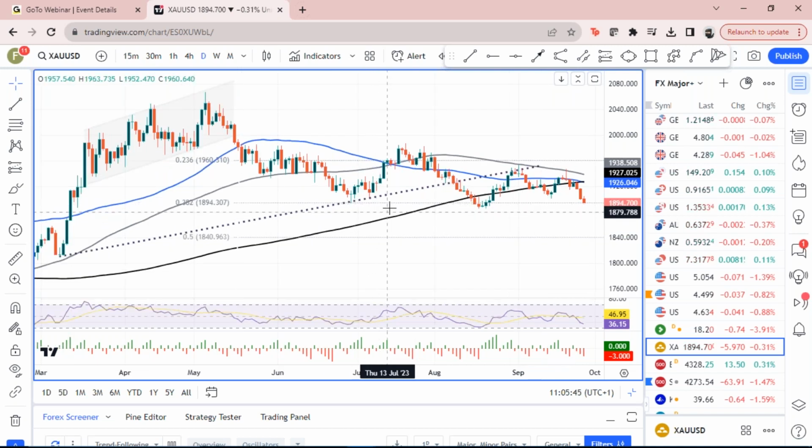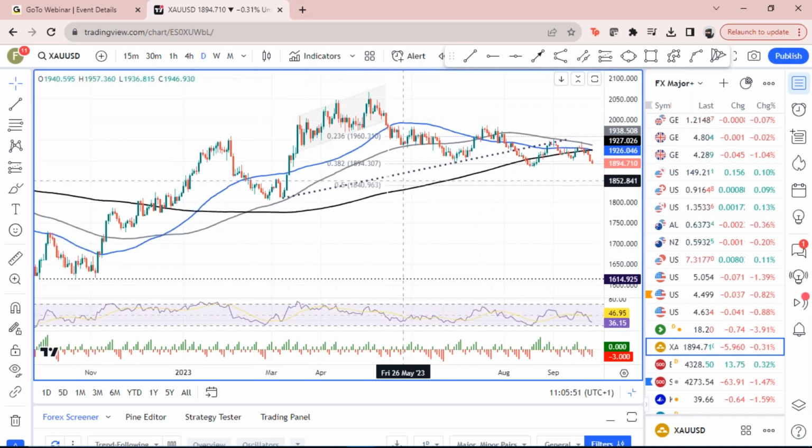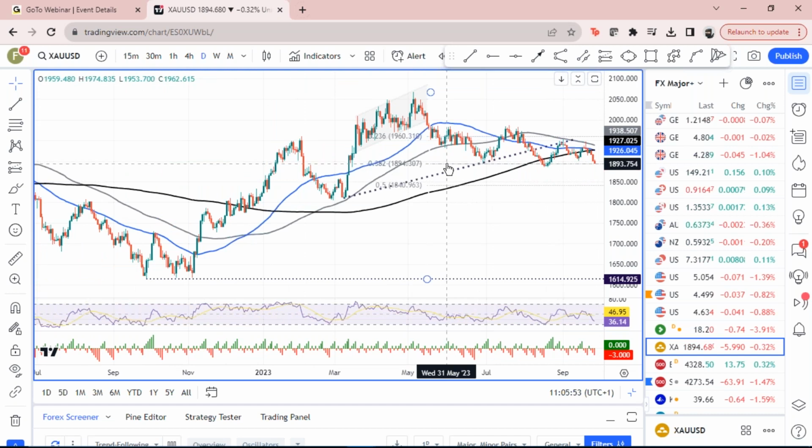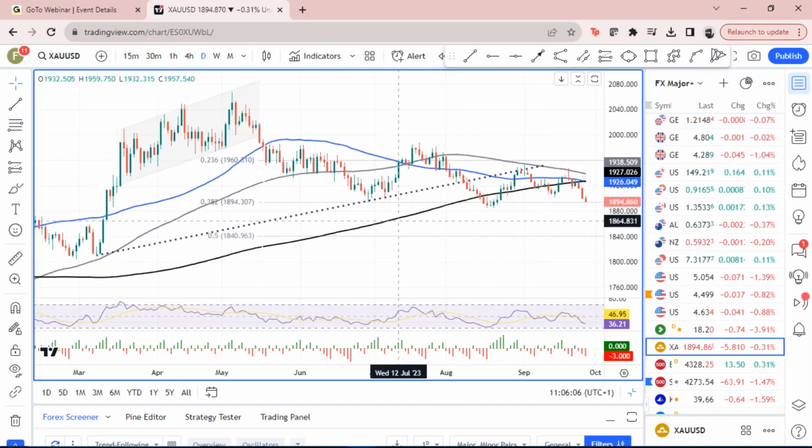We're now at a key Fibonacci level for us, which is this long-term retracement level at 38.2, at 1894. You can see the September rally, and that is the 38.2 fib level. As I say, 1894 tallies with this June low at 1893, and then you've also got the mid-August lows just below there at around 1880 or so. So a key support zone here for gold, you would think.